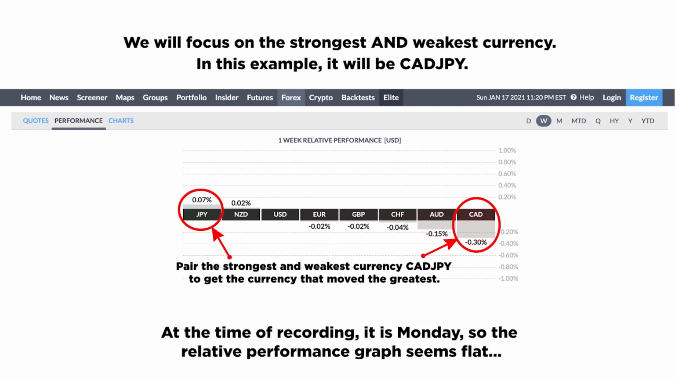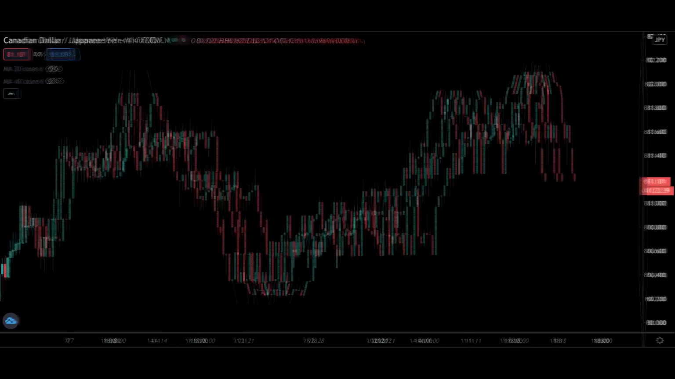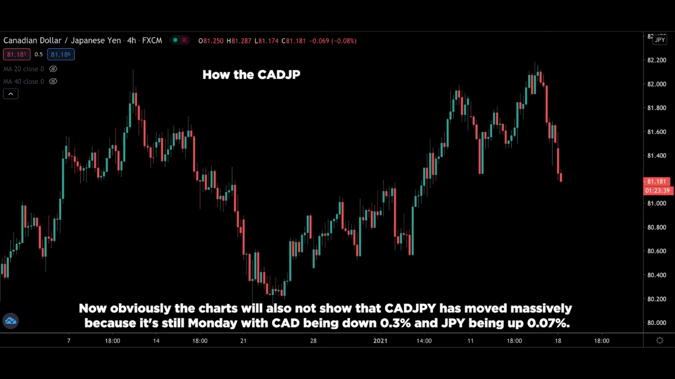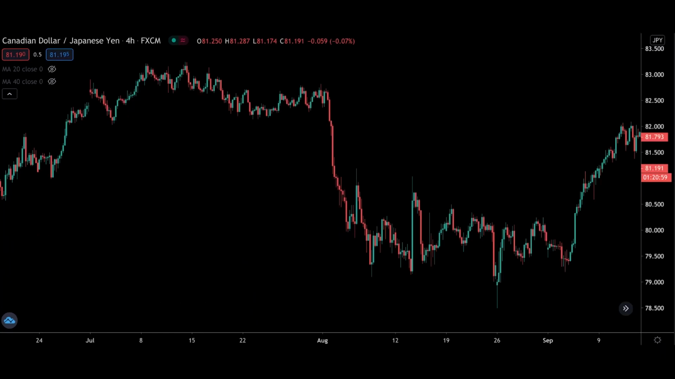Again, today is Monday, so the relative performance graph seems flat, but I think you should get the idea. By the time Wednesday comes, the relative performance graph should clearly show the strongest and weakest currency pair. Now, obviously, the charts will also not show that CAD Yen has moved massively because it's still Monday, with CAD being down 0.3% and Yen being up 0.07%. So while I can't show you a live example, I still want to show you an example of how